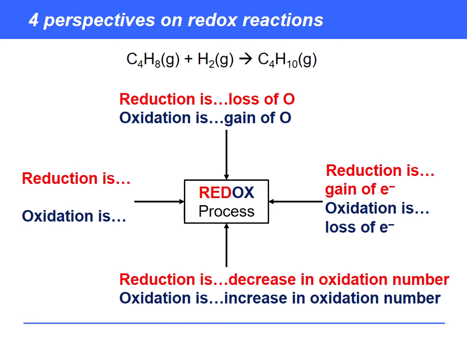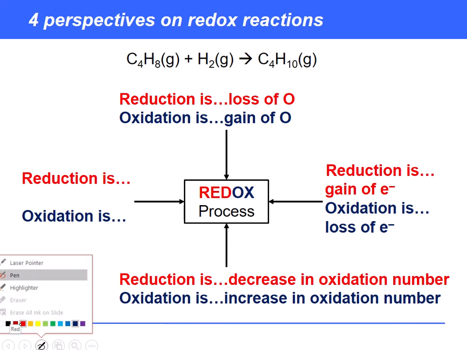So there's a summary of what we've got to so far. Now, there is one other way that we can use in order to decide whether we've got an oxidation or reduction process, and that we can illustrate using this reaction here, which is the hydrogenation of a butene molecule to become butane. So if we go ahead and assign oxidation numbers here, then what we're going to find is,